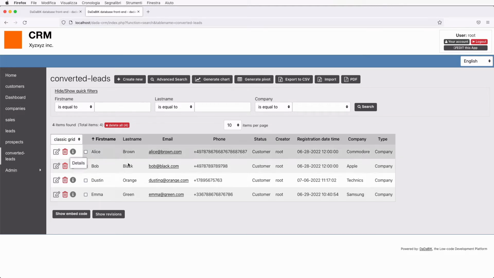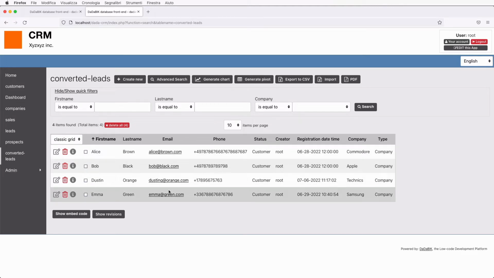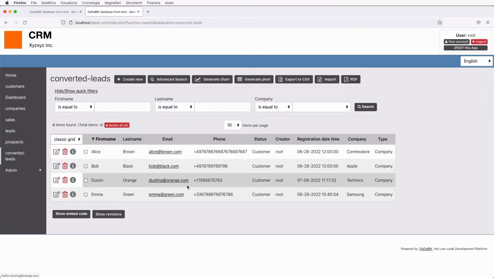Because every time I access a view, basically MySQL executes the query, the select statement we use to define the view. It's like selecting all the customers having status equal to customer every time we access converted leads here.